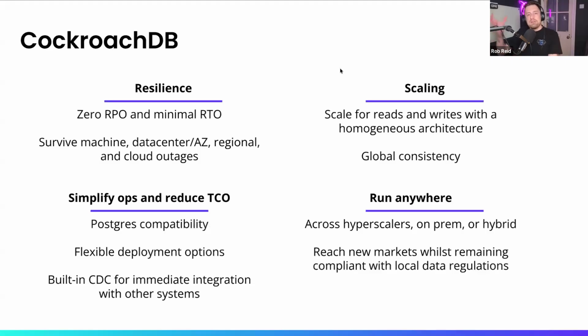As we'll see in a minute, every node in CockroachDB is the same. There's no special writer node or primary node. There's no read replicas. All nodes participate equally in the workload, and they figure everything out for you. So you get global consistency no matter how big your cluster grows. You can also reduce total cost of ownership. It has Postgres compatibility, which should lower the barrier to entry if you're already a Postgres shop. And there are flexible deployment options, as we looked at a minute ago. So you can either self-host it yourself, or you can use our managed service, or a combination of the two via Bring Your Own Cloud.